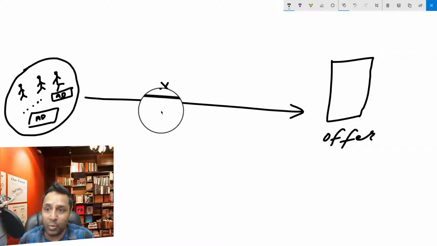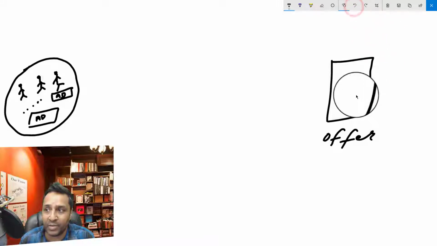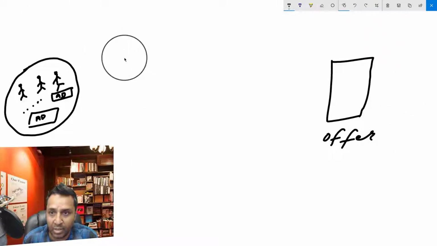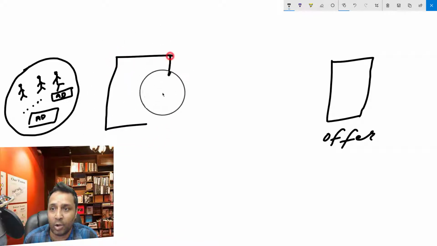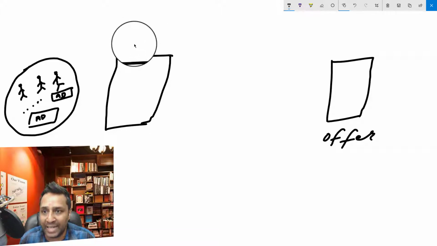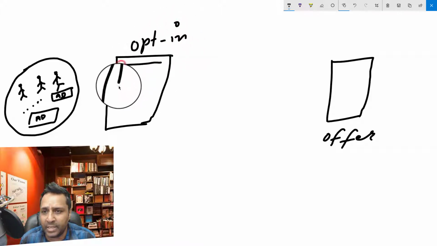Okay, so the better way of promoting your product is basically, in place of sending someone directly to your offer, what we should do is build something called, right here, an opt-in page. You also call it your landing page, your opt-in page or your landing page. And in this opt-in page, basically we collect